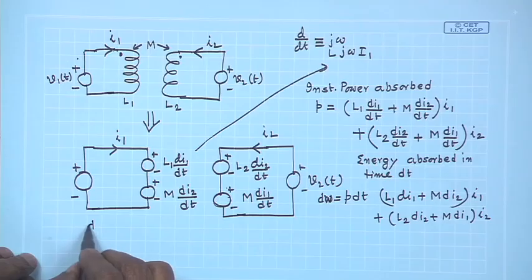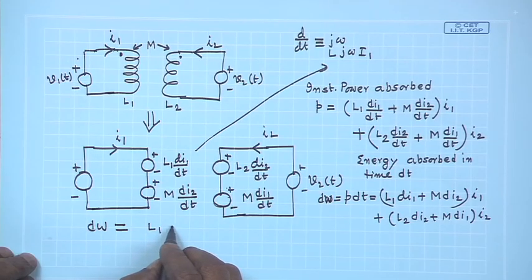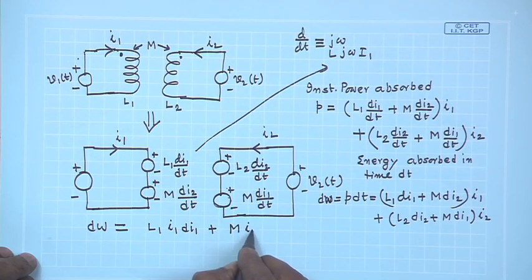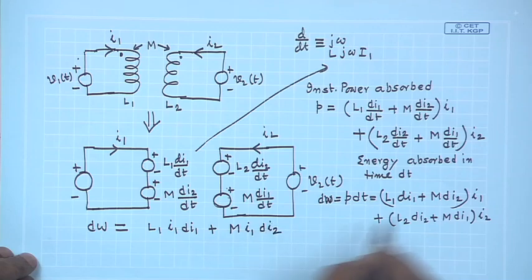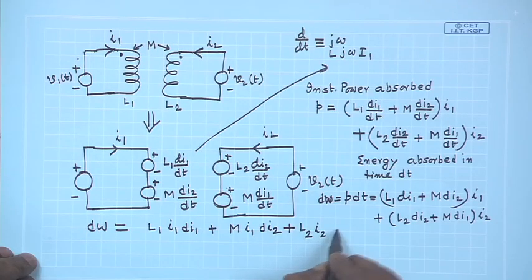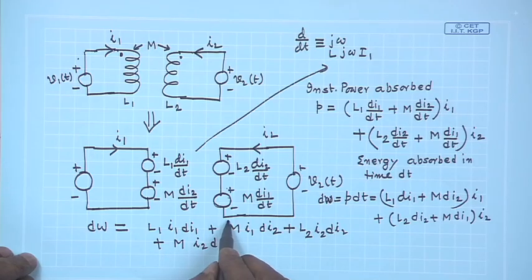And this we can write like this as L1 I1 dI1 plus M I1 dI2, this term, plus L2 I2 dI2, this term, and plus M I2 dI1. This way I can write. Now, these two terms